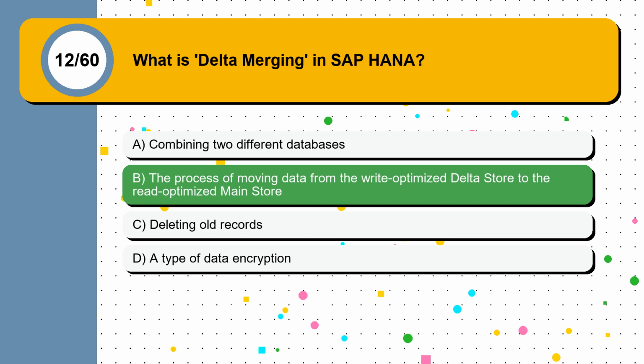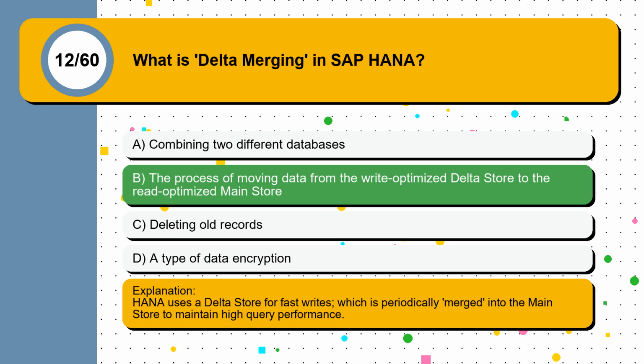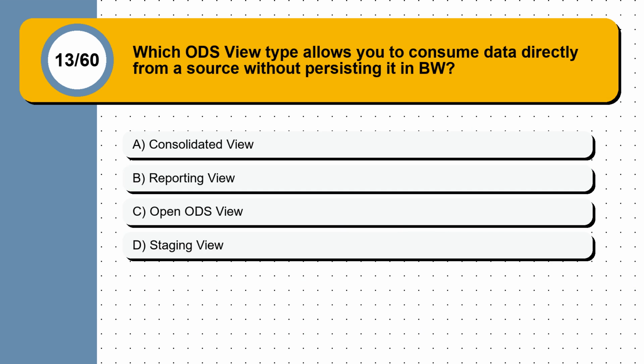The correct answer is option B, the process of moving data from the write-optimized delta store to the read-optimized main store. HANA uses a delta store for fast writes, which is periodically merged into the main store to maintain high query performance. Question 13. Which ODS view type allows you to consume data directly from a source without persisting it